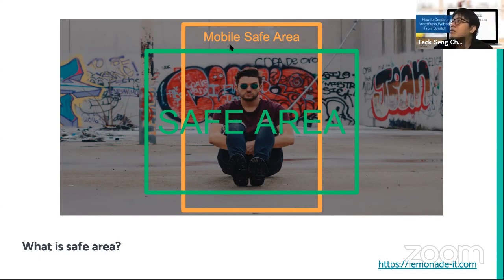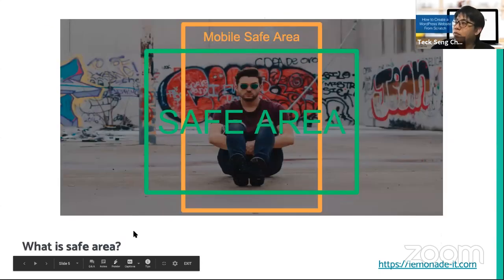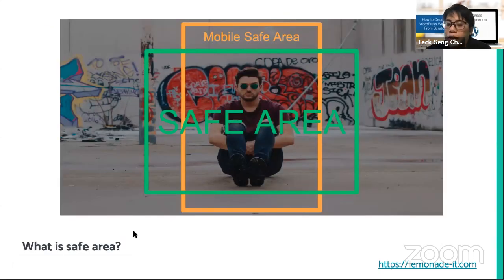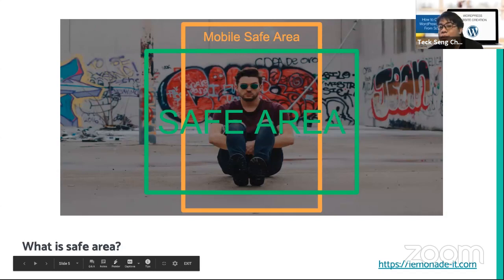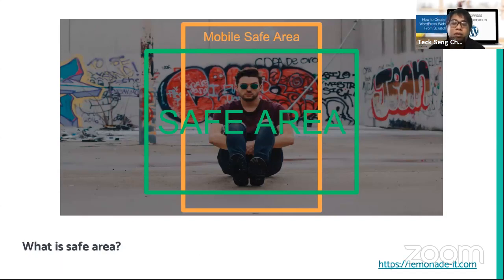If you take a look at the orange color, that is the mobile safe area. So as much as possible, put your focus in the center of the image. If you cannot find images that have the focus in the center, then don't use that as a background. If you want to use a background, it's something you need to think about.